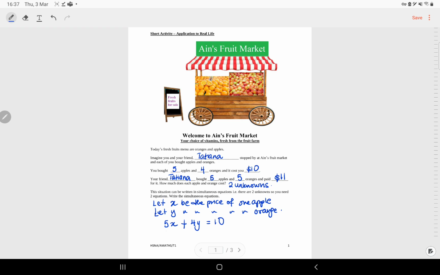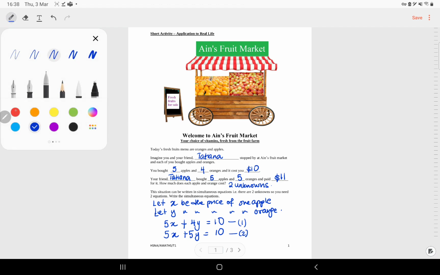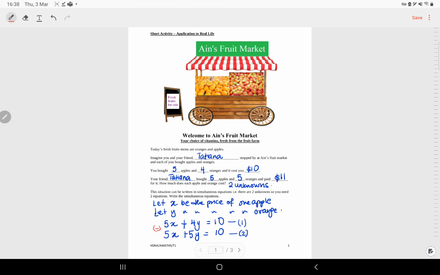And then Tatiana, your friend, bought 5 apples and 5 oranges, so 5x plus 5y equals 11. That's how you model simultaneous equations. Well, we can try to solve this. That's equation 1 and that's equation 2. So how do I solve that? First things first, I would look at the coefficients. Do I have similar coefficients for term x and y? I can see similar coefficients in my x term. The signs are positive and positive, so I'm going to subtract the two